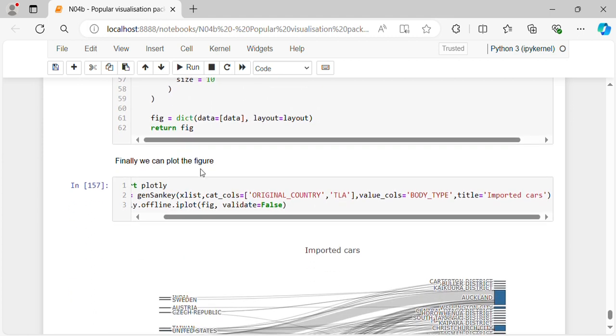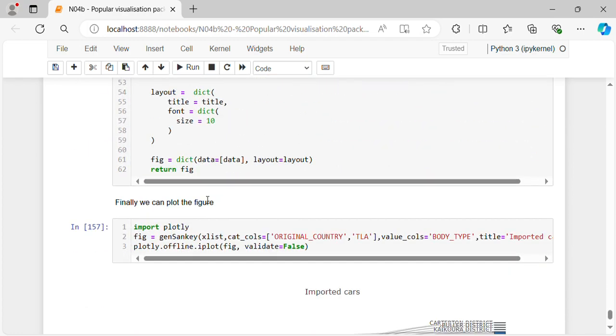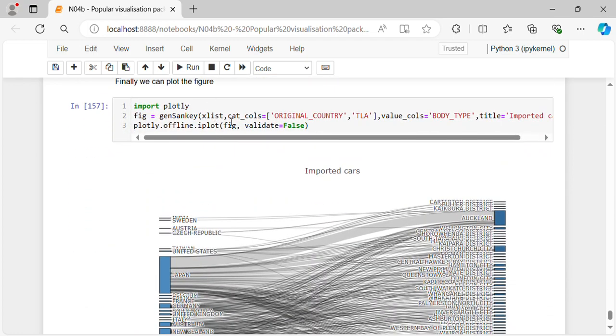Finally we plot the figure. So to plot the figure, we import plotly, fig equal gen_sankey, so we call this function, the data frame is x list, category_cols equal array original country, TLA, value_cols equal body type, title equal imported cars, plotly.offline.iplot of fig, validate equal false,